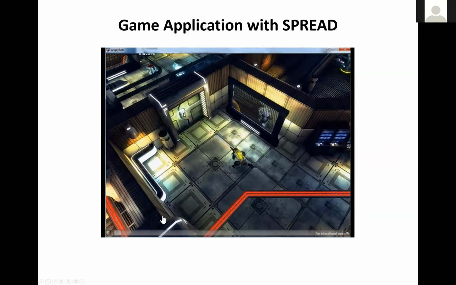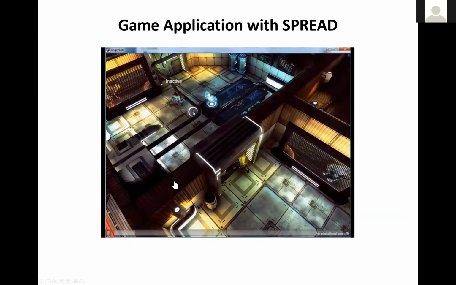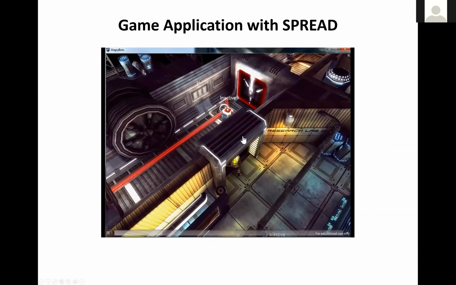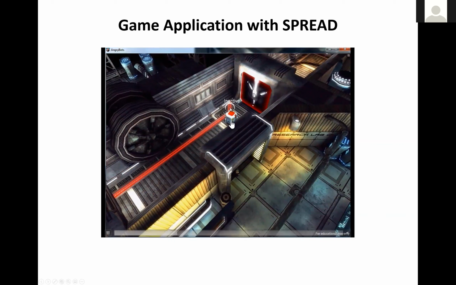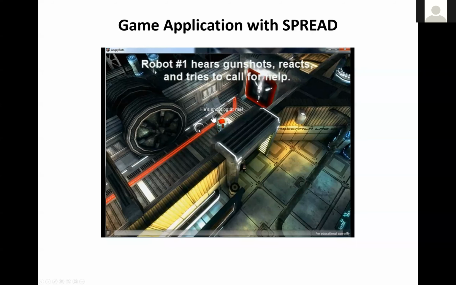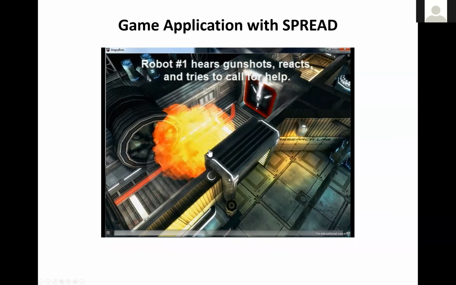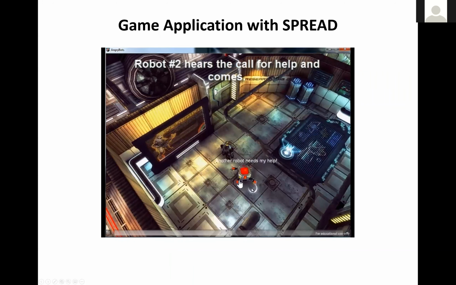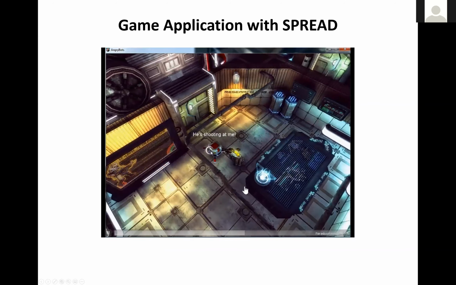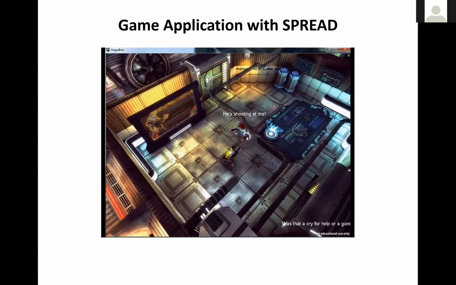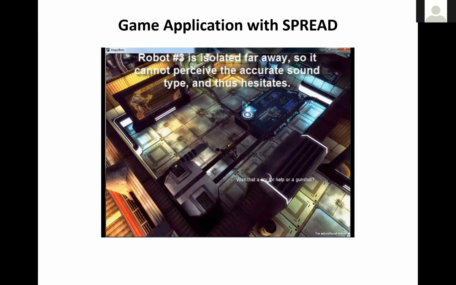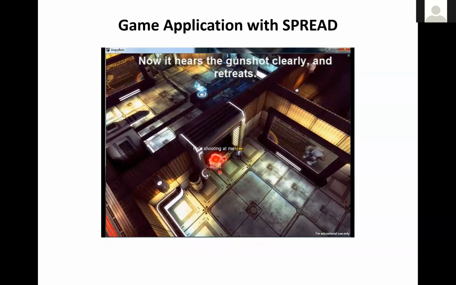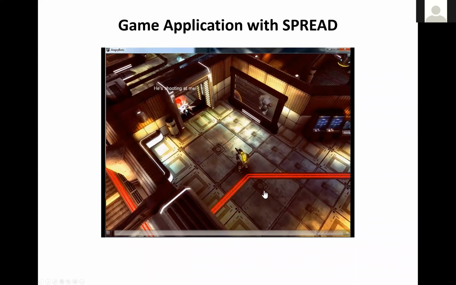So what we did is we created a version of the system where these agents, these robots, were now blind, right? They're blind, but they can actually respond to auditory signals, right? So this robot, as you can see in its decision system, can hear the shooting sound, right? And it can even call out for help, and other robots can respond based on what they heard, right? So we're simply demonstrating the potential of how we can have a sound propagation system and how that can be used to enhance non-player characters.